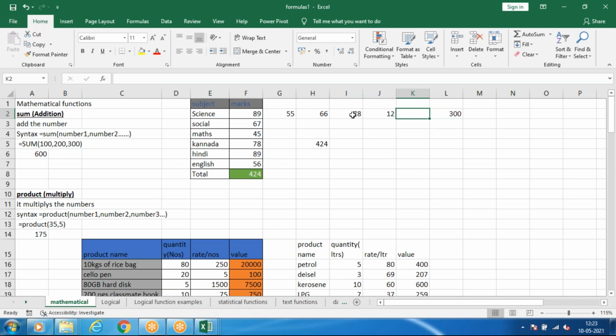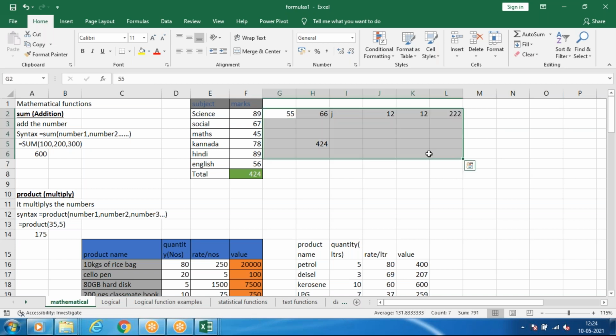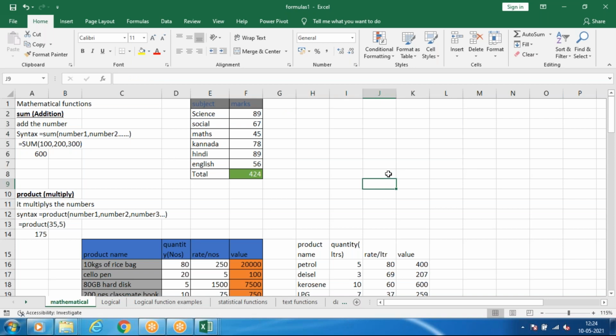You can use Alt equals also, but if the range contains some letters, it won't do the formula properly. Only the previous cell it will take. So this is auto sum, this is done manually. Got the difference? Anyone has a question on auto sum and manually doing the formula? One second.